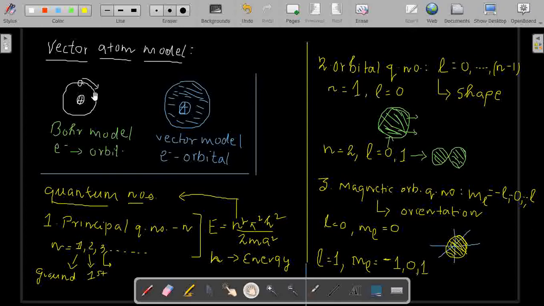But in reality, when the quantum mechanics picture came in, the electron will not be in an orbit, but in the